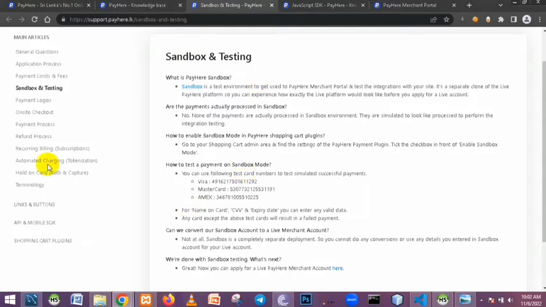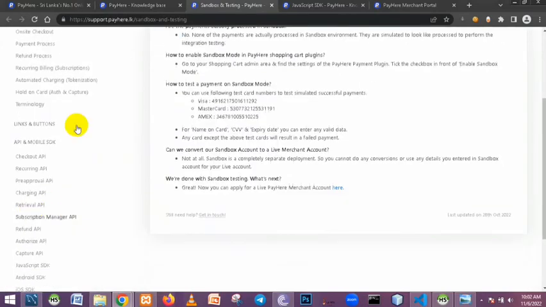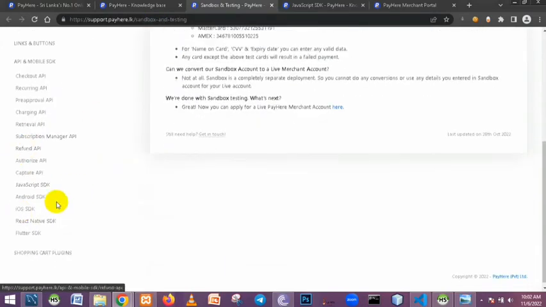Now on this page, on my left hand side, you can see this API and mobile SDK option. So you need to click on that, and we need JavaScript code to connect this PayHere portal to our website. So they give a JavaScript code with this option. So I open this JavaScript SDK in a new tab. So you can see this tab,